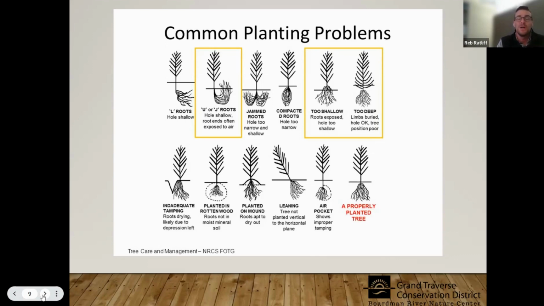I see some people putting all their weight onto seedlings to really pack it in there, especially those soft trunk conifers. They don't exactly want to stand up stiff, so people will bury them a little deep and then put some added pressure around them. But again, you're risking stem rot in the trunk, and you're also potentially compacting that soil enough to where you're not going to get good rainwater infiltration or any water infiltration, depending on how